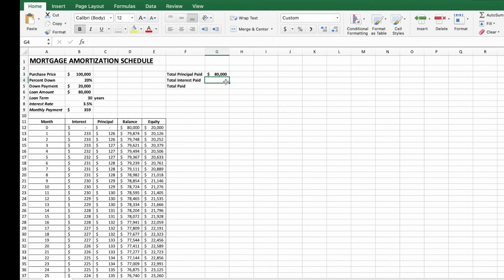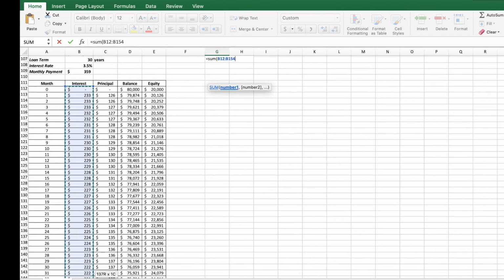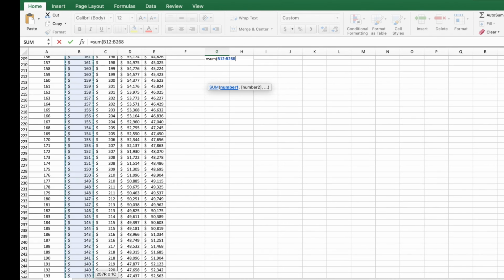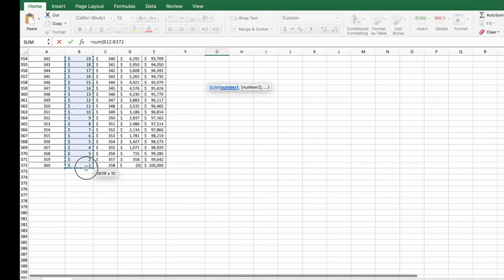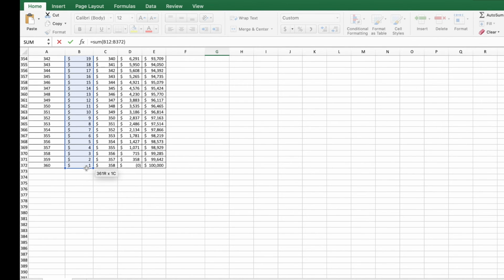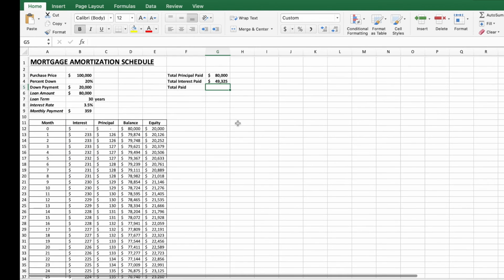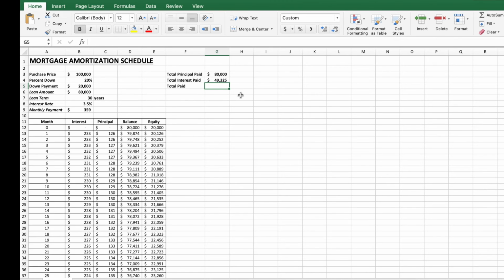It makes sense that your total principal paid would be the same amount as your loan amount, the $80,000, because once you've paid off your principal, you've paid $80,000. So in terms of your interest, you can do the same thing where you type sum, open parentheses, again, take your interest and drag it all down. There are some easier ways to do this, but for time's sake, I'll just focus on this. And so we go to the very last and we press enter. And there we have it. Our total interest paid is